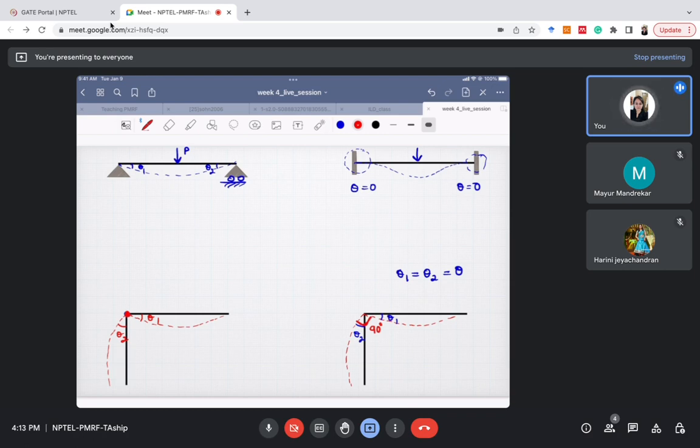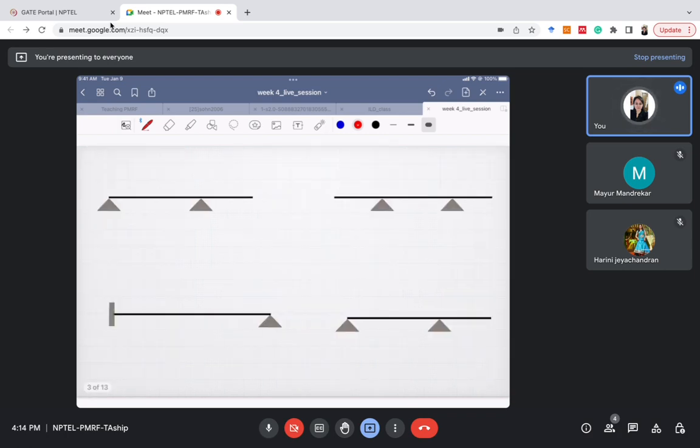But if there is an internal hinge, then theta 1 and theta 2 can differ, they can move independently. So these few points are important for this deflection of beam topic. Then